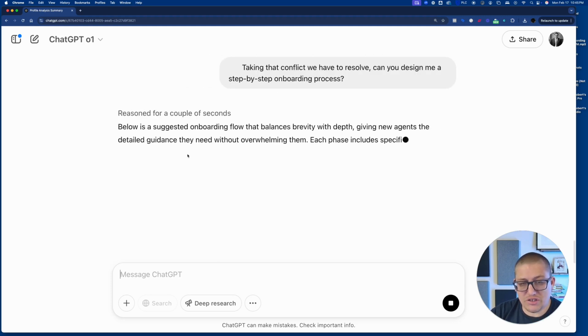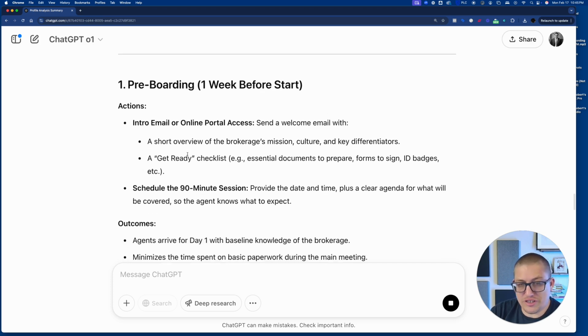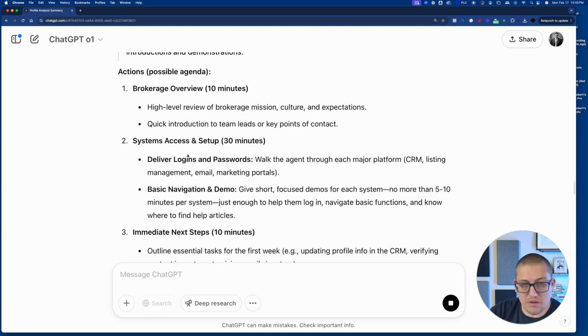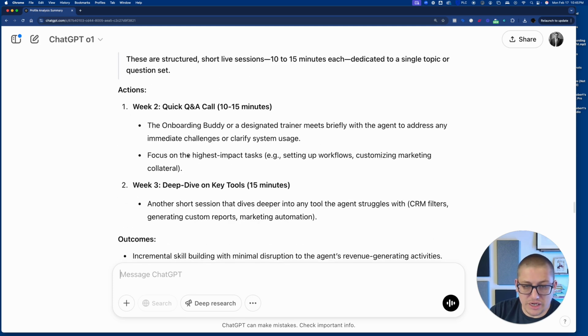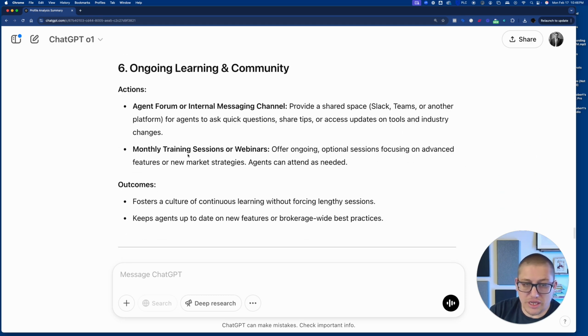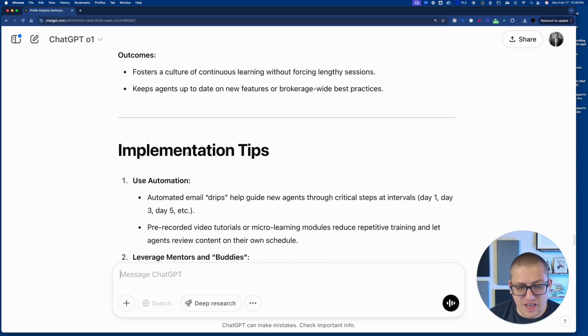Right? And we've essentially trained all of the AI chat here to help us come up with ideas. And it says we have a pre-onboarding process, a core onboarding process, where it actually breaks it down into minutes, right? An immediate follow-up process, micro-training checkpoint process, a 30-day progress review, and then an ongoing learning and community process. So what we've essentially done here is define for ourselves how to provide a very detailed and thorough onboarding process